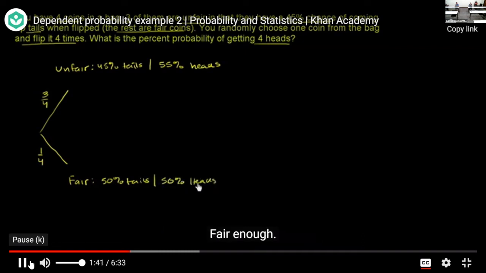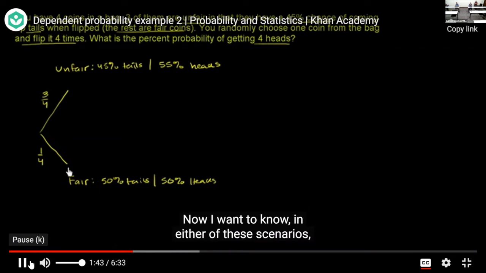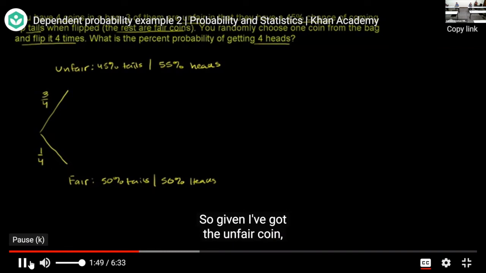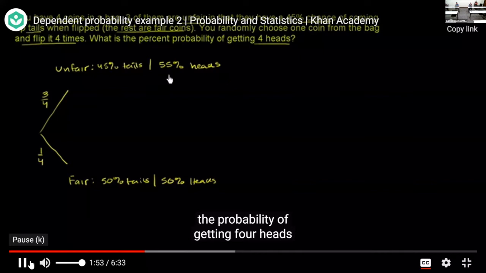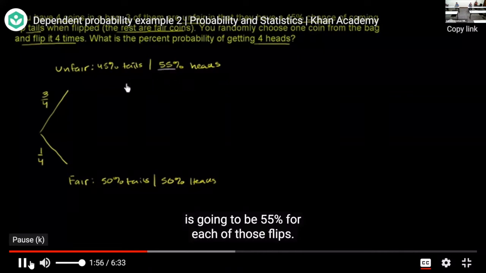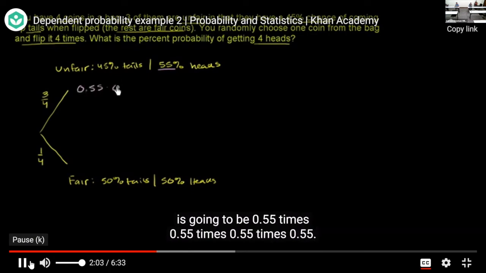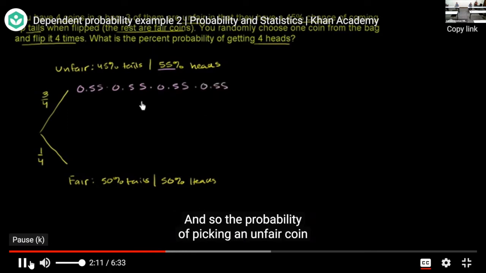Fair enough. Now, I want to know in either of these scenarios, what is the percent probability of getting 4 heads? So given that I've got the unfair coin, the probability of getting heads is 55% for each of those flips. So the probability of getting exactly 4 heads is going to be 0.55 times 0.55 times 0.55 times 0.55. And so the probability of picking an unfair coin and getting 4 heads in a row